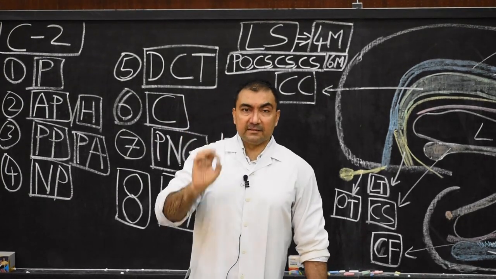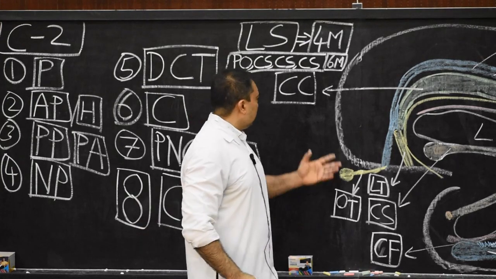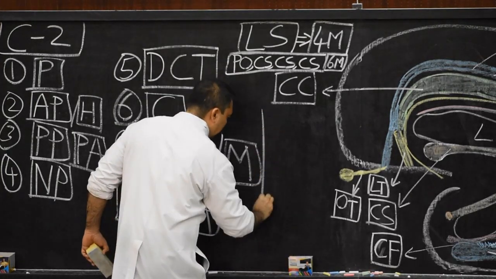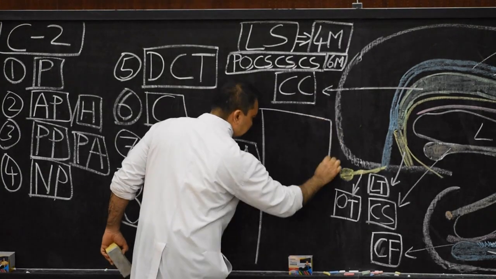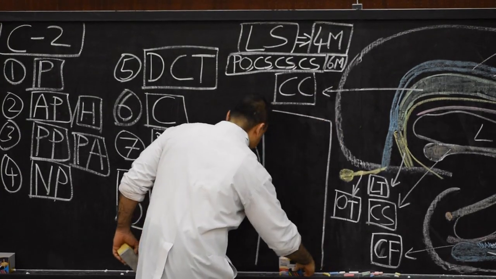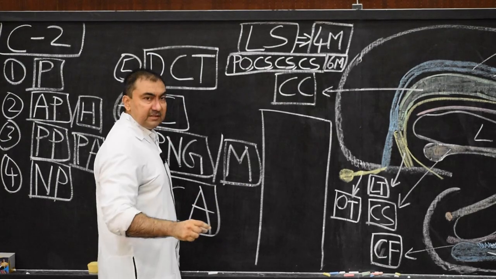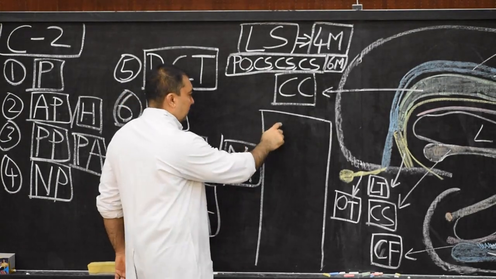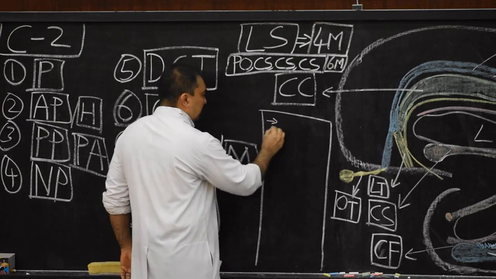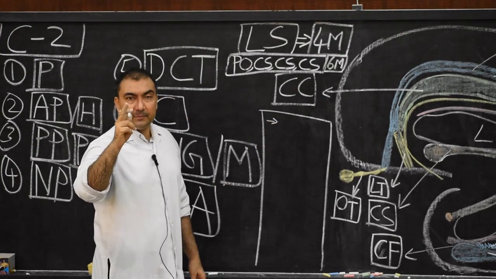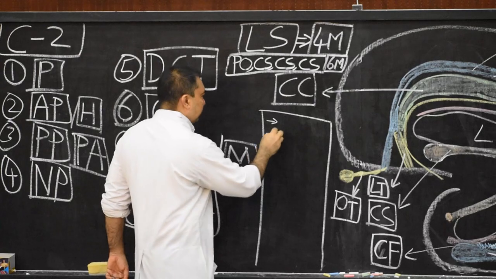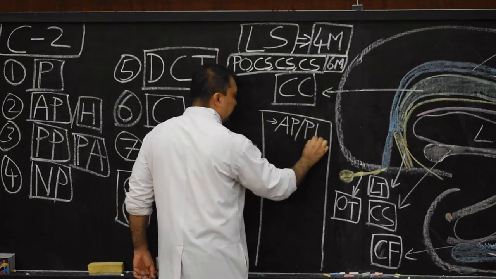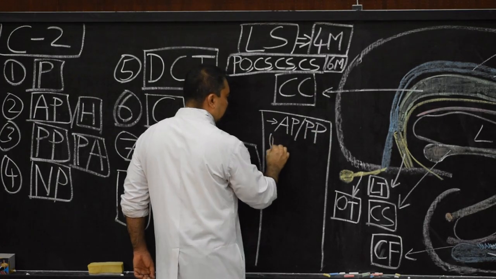Here I am going to write, I will just take this box here, because all these structures on the blackboard are important, so I am not going to rub any of them. We will utilize each and every inch of this blackboard. So there will be development of 3 basic layers in the archipallium and paleopallium. So I will write here archipallium as well as paleopallium. What are those 3 layers which will differentiate?